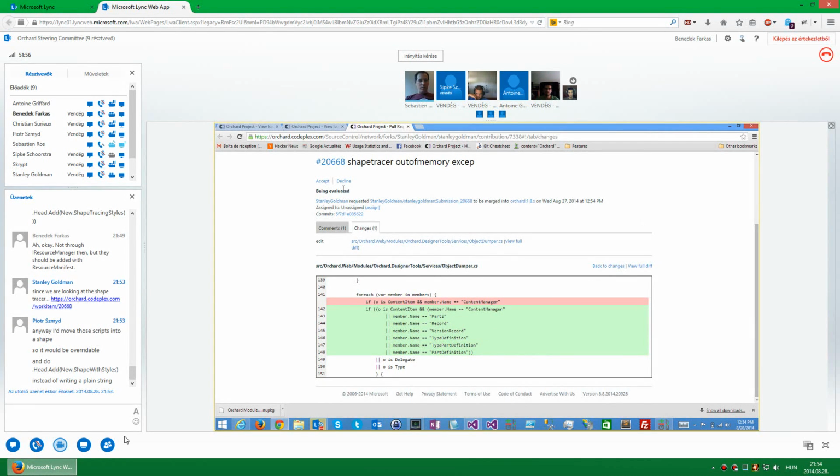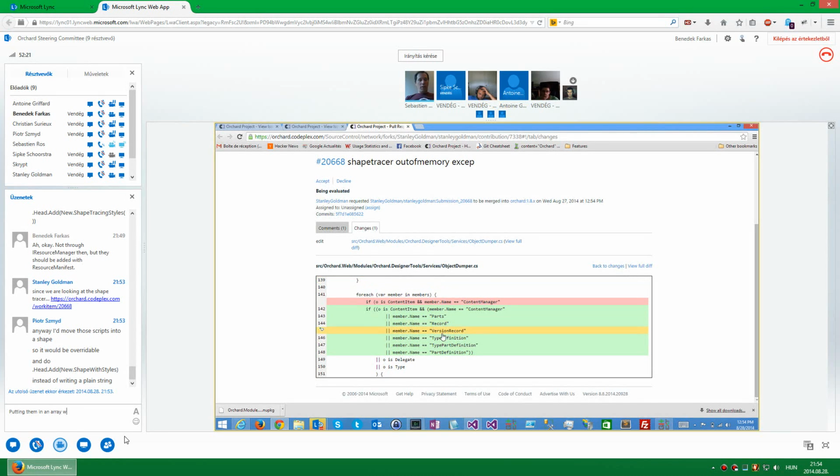I agree with that. Who disagrees with that? So the idea is not to render everything in the shape tracer output, not to render the parts array, because we already render each part with its own name, like title part, body part, and so on. We don't care about the record and the version record and the type definition and whatever. They take lots of space and they don't have any value in the shape tracer.